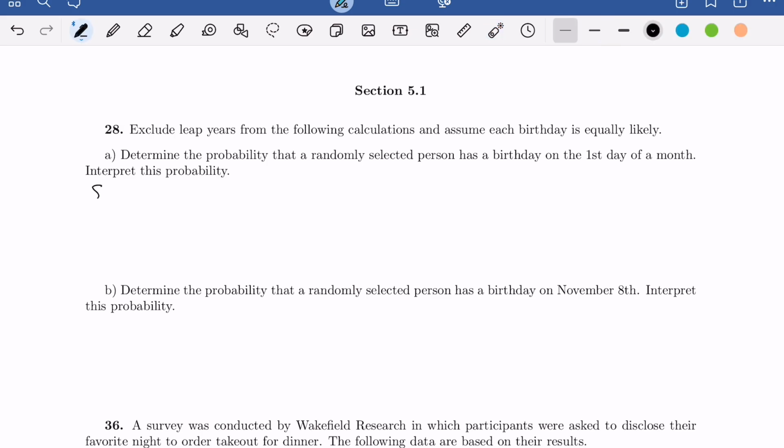So our sample space, denoted capital S here, is going to be the first, second, third, all the way up to the 365th day of the year. Now, 12 of these days are the first of a month, since we have 12 months in a year. So the probability that a randomly selected person has a birthday on the first of the month is going to be those 12 options out of the 365 equally likely outcomes. So this is going to be approximately